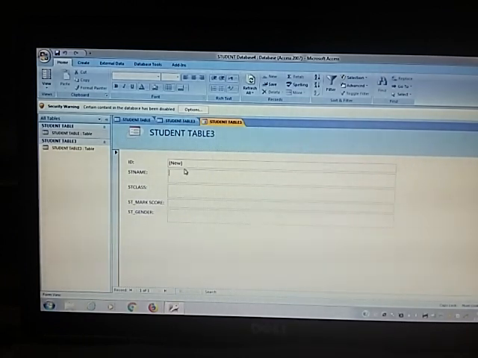One by one, we enter the data. For example, we enter the data like student name Amit, class 8th, mark scored 105, gender male.